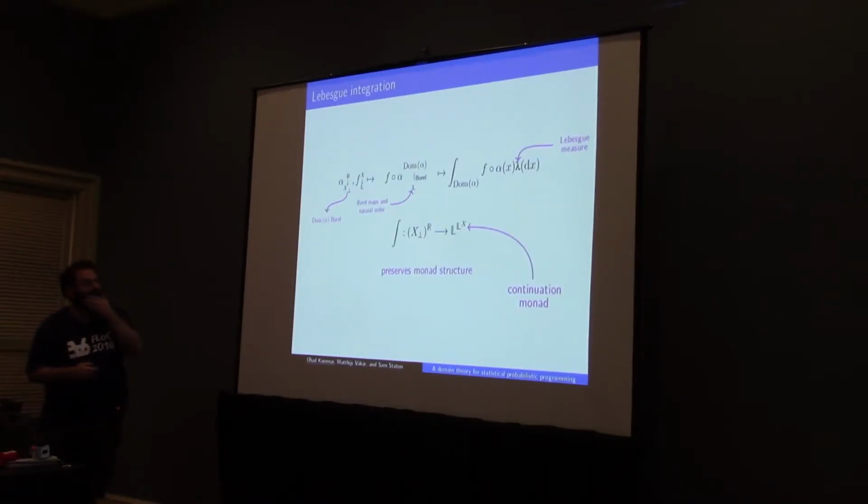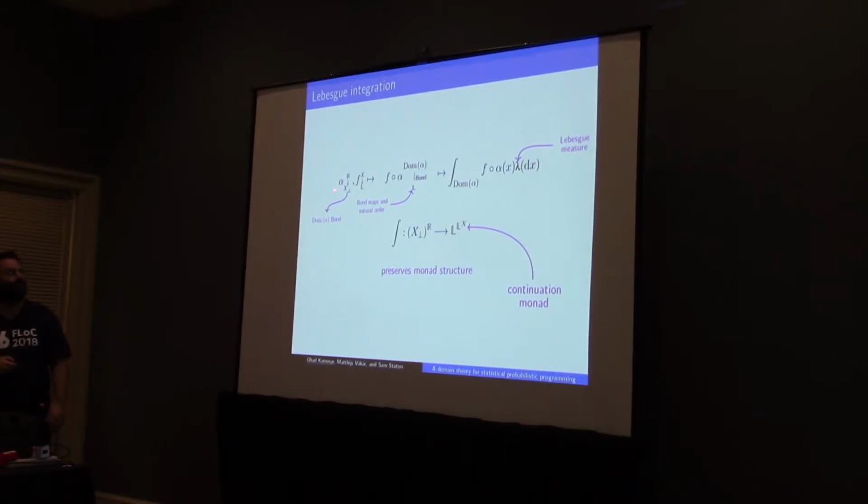Okay. So the second component to construct a power domain is Lebesgue integration. If I have one of those randomizations, and then a function f from X to the extended non-negative reals with a linear order, I can integrate f with respect to that measure. How do I do it? If I have alpha and f, precomposing f with alpha gives me a random element of the extended reals, and again that's a measure of functions from the reals to the extended reals, so I can just integrate it using the usual Lebesgue integral. So I have an integration operation that goes from the randomization monad structure to our